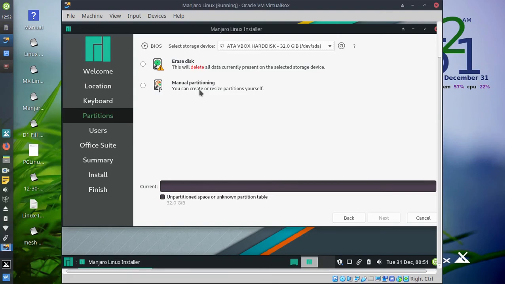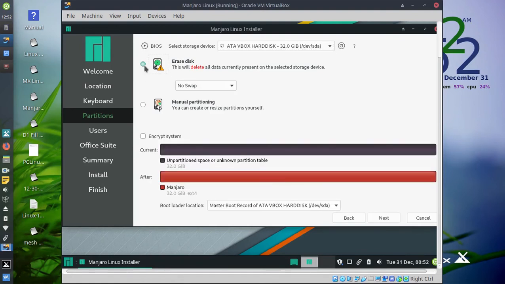Let's say you had a 2 terabyte hard drive. You can install it in a partition of that 2 terabyte, or you can just erase the whole thing. So we decided to go with that. Now this shows you how to do it. You can also encrypt it, and it tells you what's going to happen next. It also tells you where your bootloader location will be. Now you can also just stay up here, but let's just go with erase all data,